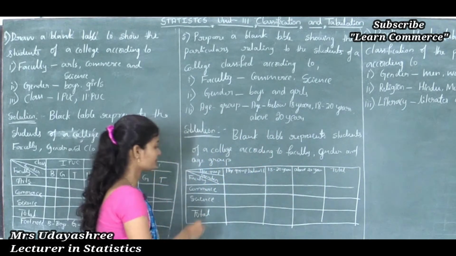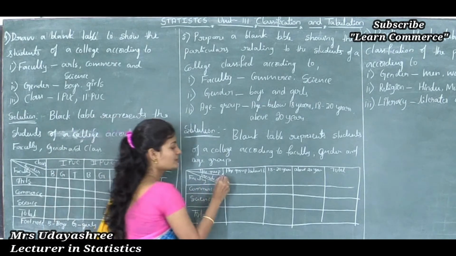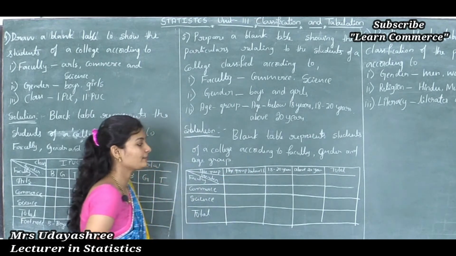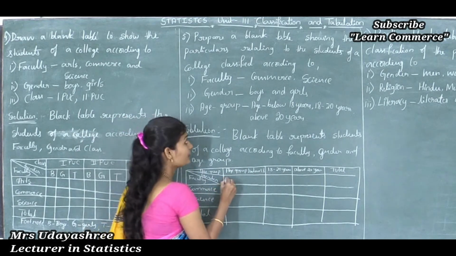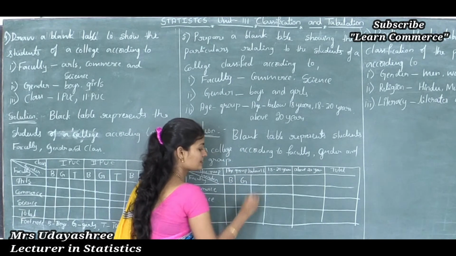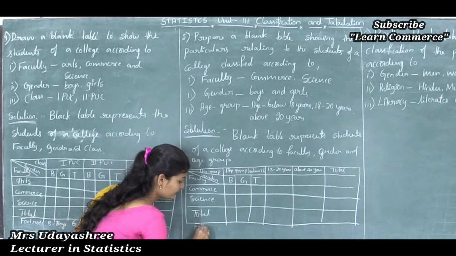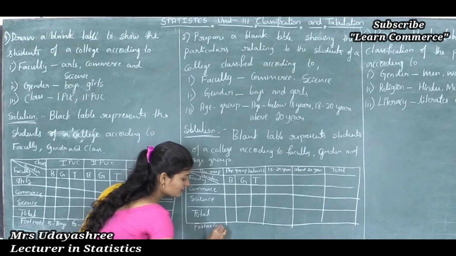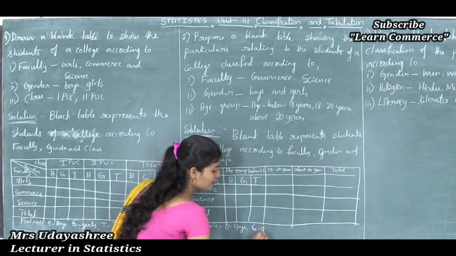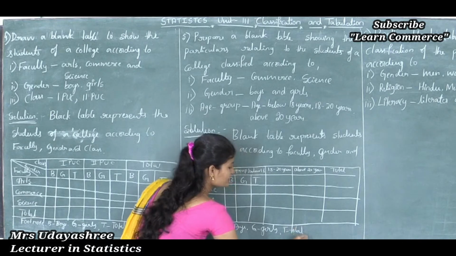See, for now only one classification is remaining, that is gender. So how to write the gender? First I will write gender for age group below 18 years. So here genders are boys, that is B, girls, that is G, and total. B in the sense what? I will write that in a footnote. So B in the sense boys, G in the sense girls, the last one is total, T in the sense total.